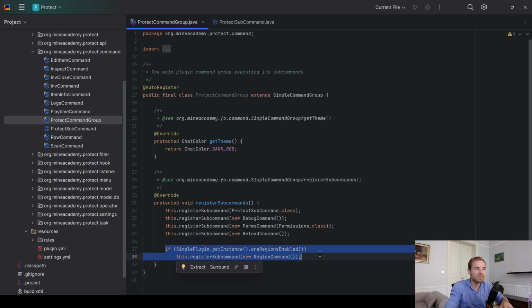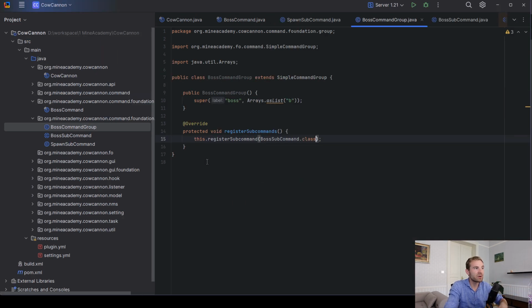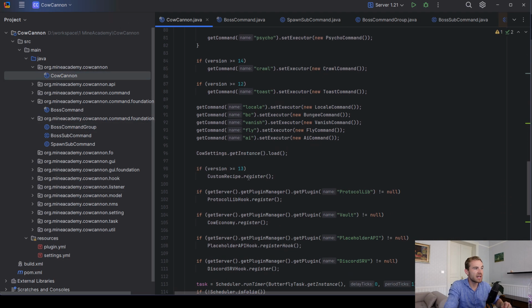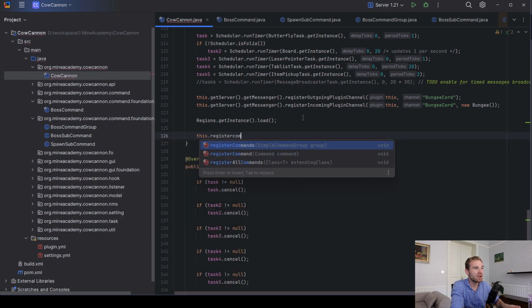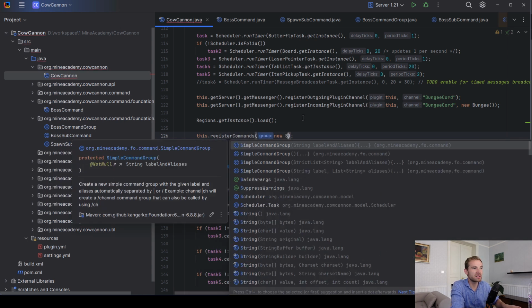I'm gonna make videos about these things a little bit later, but for now, let's just stick with this one. Final thing, how do you actually register it? Well, there's two ways to register things. You can either go to your main plugin's class, and in the onPluginStart, you can just type in registerCommands, and you can just make a new instance of the boss